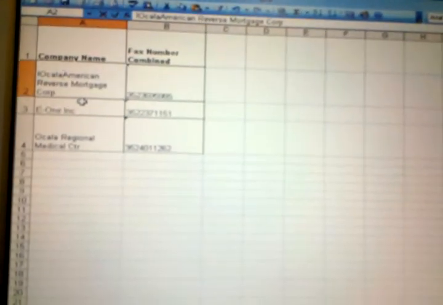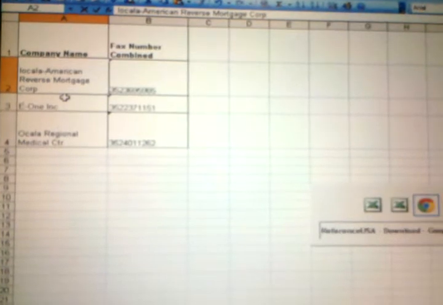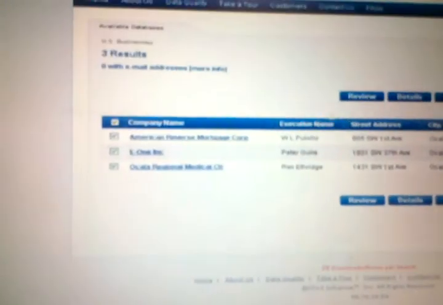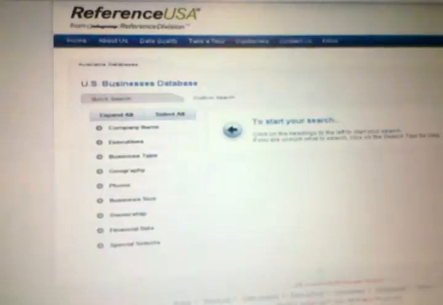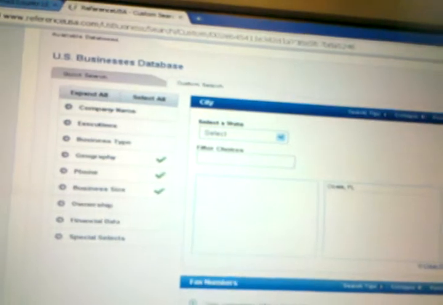OCALA dash, and how many employees was it? I forgot, darn it. The number of employees was, let's go back. The number of employees was, go back again. The number of employees was 1,000 to 4,999. So going back to your spreadsheet, Ocala dash, and by the way,